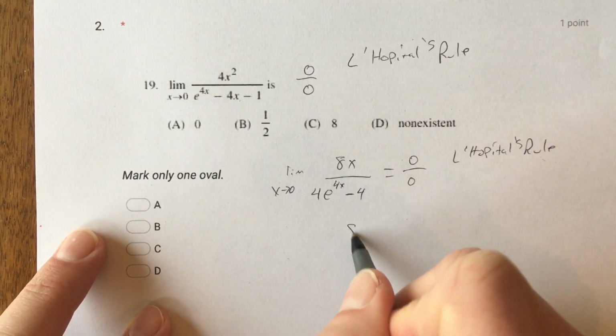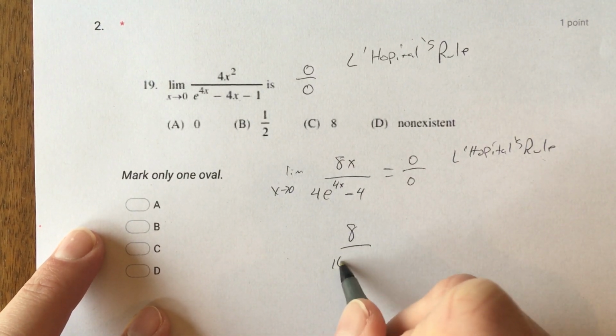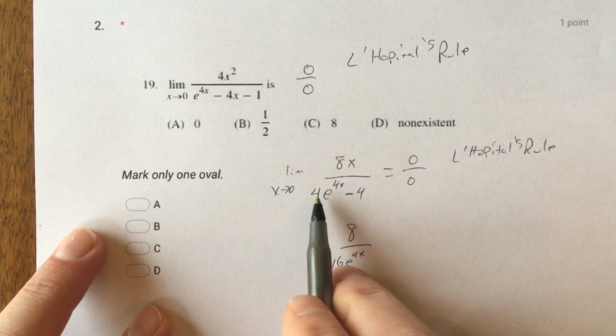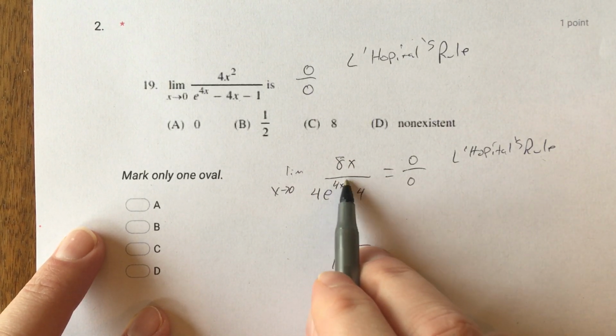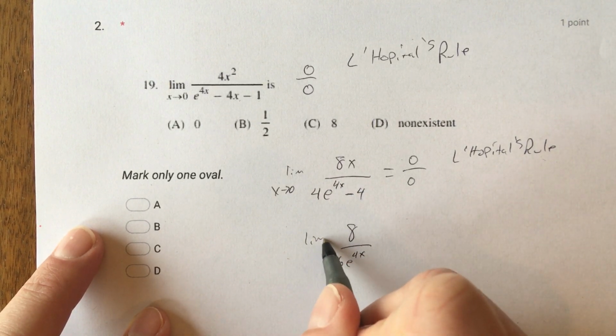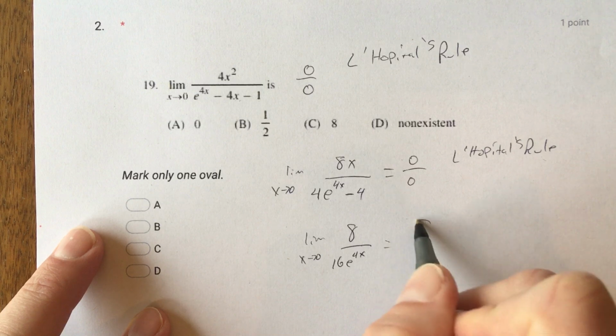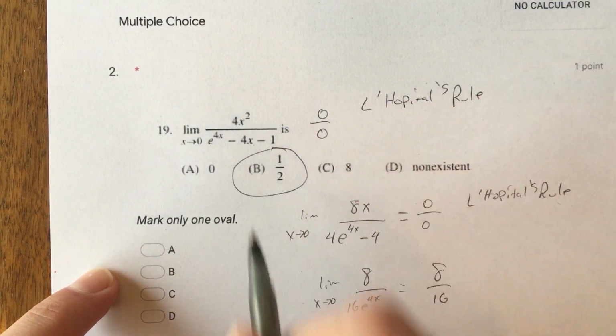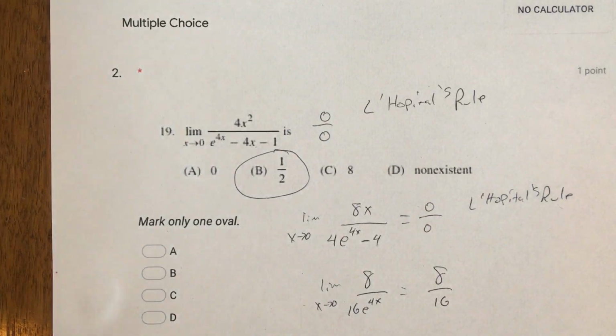So if we take the derivative of the top, take the derivative of the bottom, we end up with 8, and then this is going to be 4e to the 4x times another 4 that pops out, so it'll be 16 here. When we try it this time, we're going to get 8 on the top, 16 on the bottom, so 1/2. All right, so just have to be a little patient there with